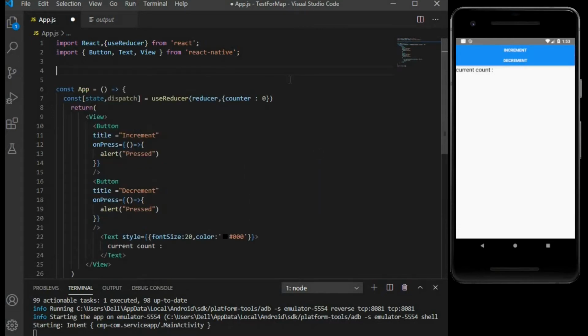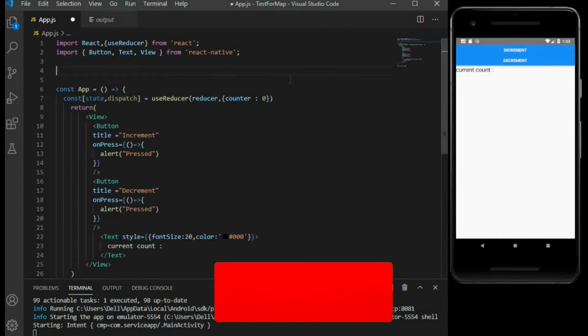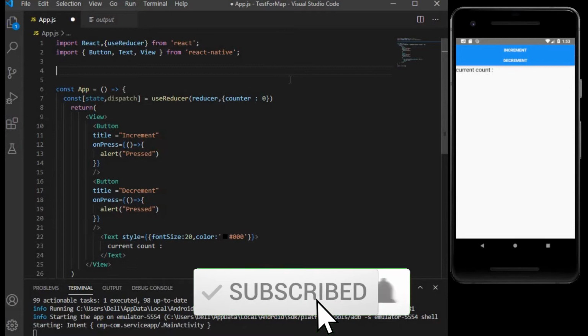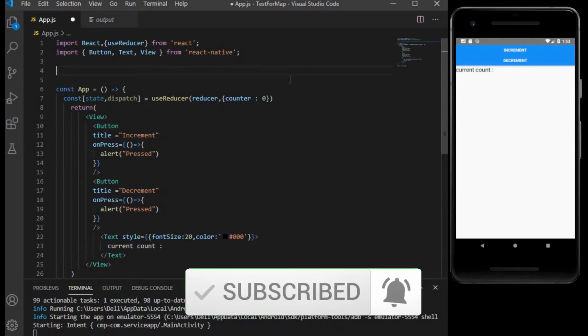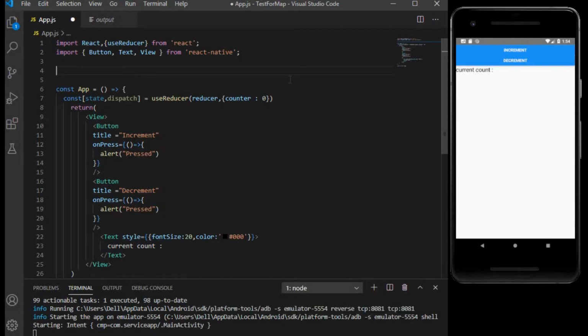Now I will define the reducer function that we have used inside the useReducer hook. We can define this function inside our main function, but this function also contains a state variable, and you may get confused with the same variable. So it is not recommended to define this inside our main function.